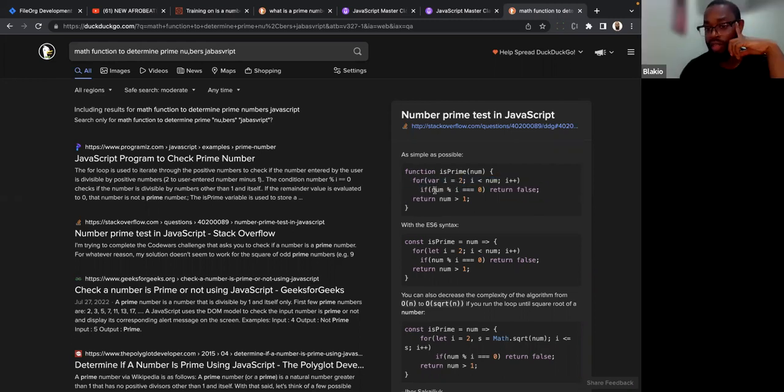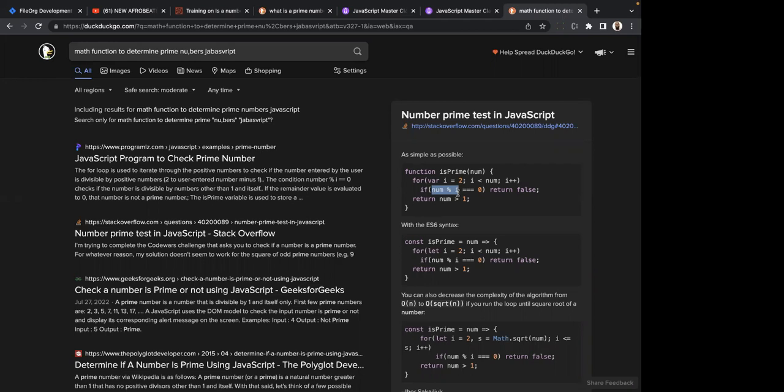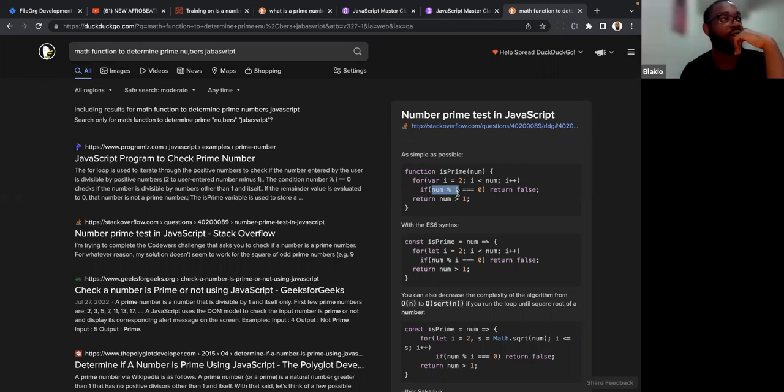I'll probably just do modulus, like num mod 2 through 9. And if any of those returns a whole number, then you just return false. Like if the modulus equals 0, for numbers 2 through 9, you just return false right there and then go through this logic. I wonder if that'll weed out some of those large numbers.